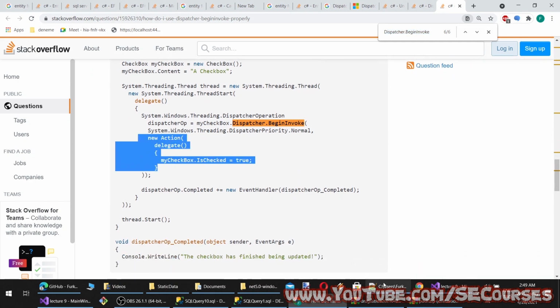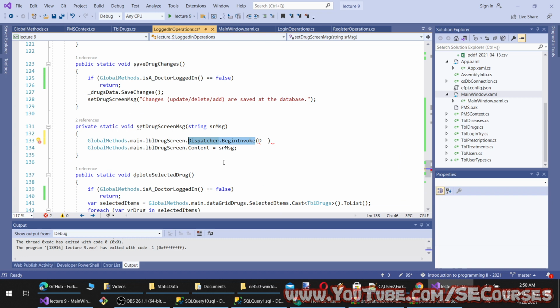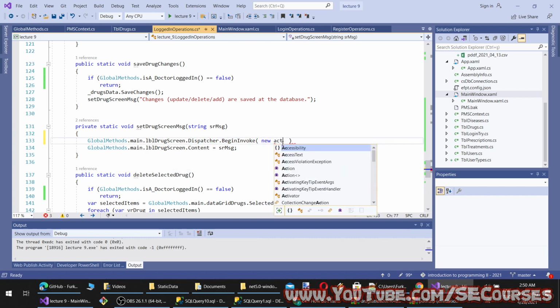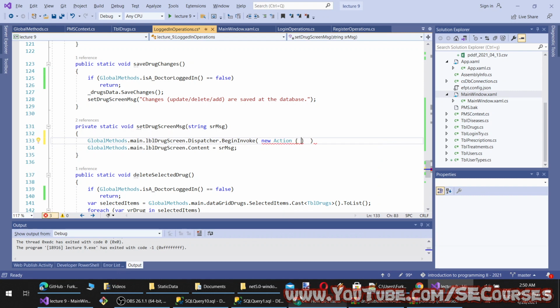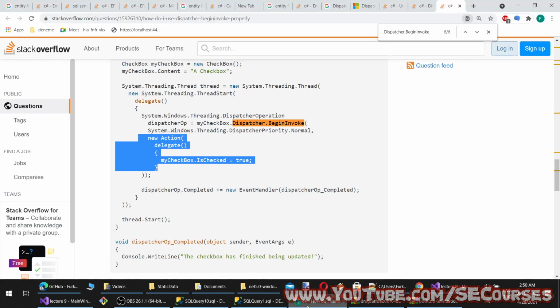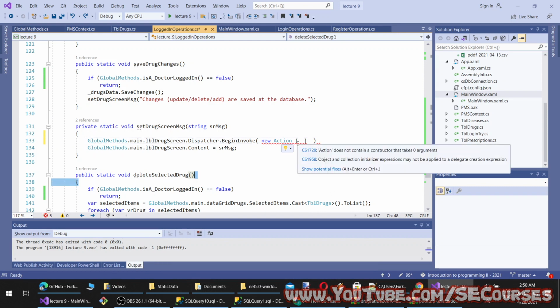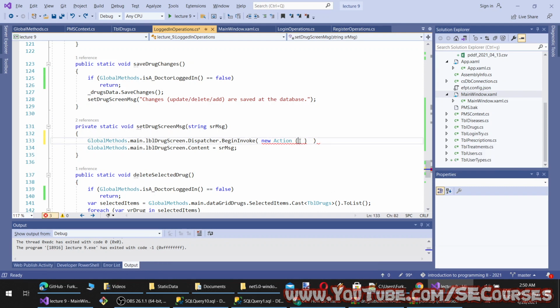Yeah. So this is the formula. I mean the syntax. New Action. And inside here, what do we have? We have delegate. Maybe it was like this.